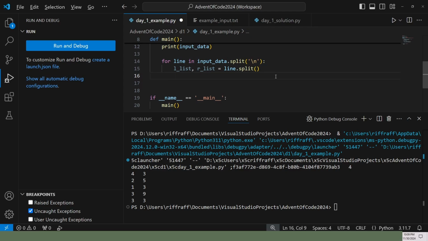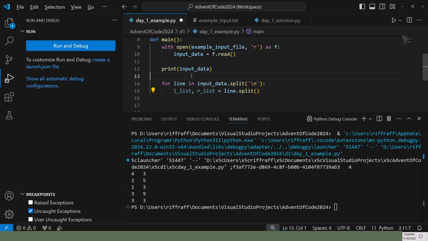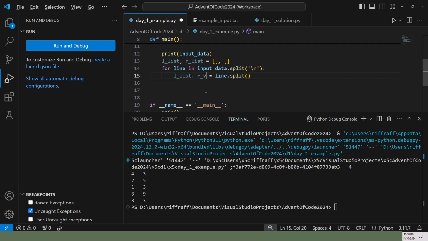And then we're going to, these are not the list rather, but the number. We are going to set these both to empty lists. It's a right value and a left value.